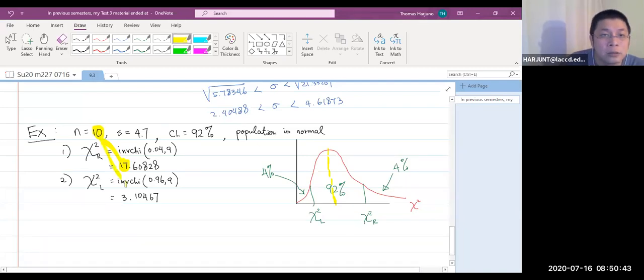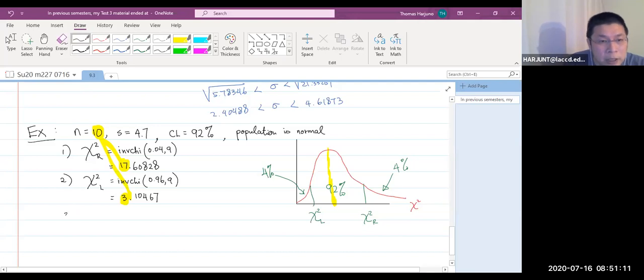Okay, so chi-square left must be to the left of the sample size, and not just to the left a little bit. It's like more than 1 point. That's why I didn't remember if the peak is supposed to be the sample size or degree of freedom. I can try to find out later on, or maybe neither one of them, but around those two numbers.